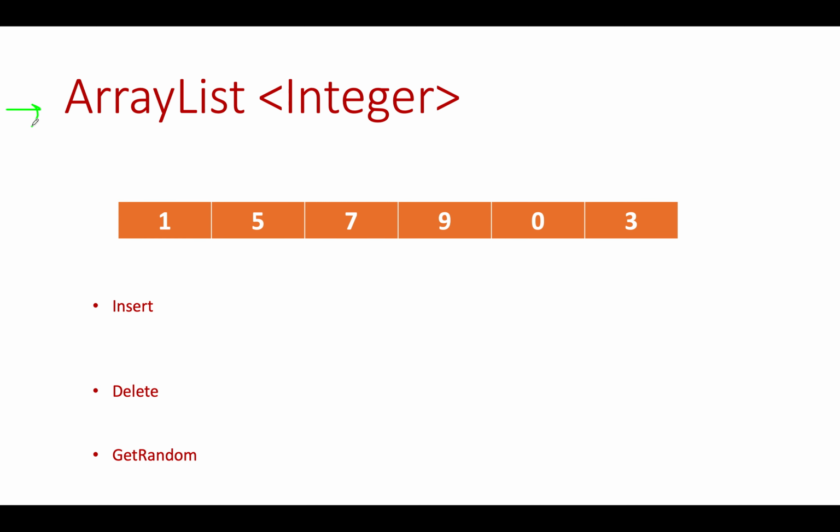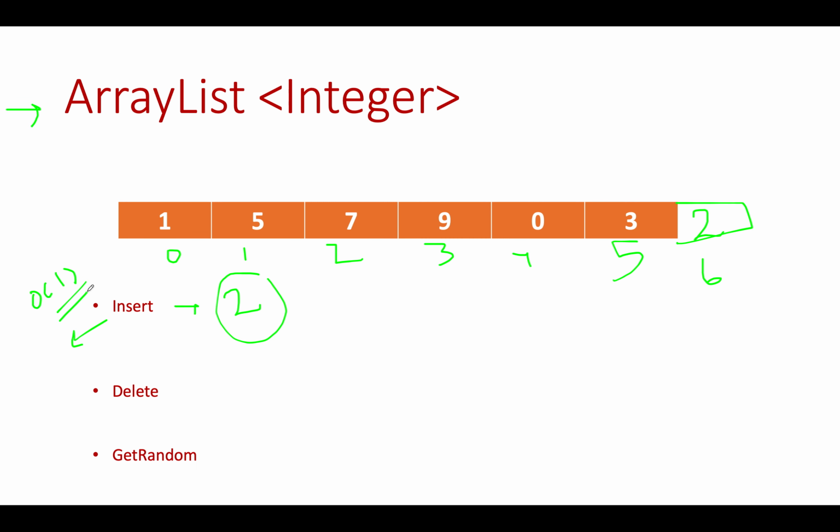Even before starting the detailed analysis of the algorithm, let's talk about array list in general. How are the operations performed in an array list? Suppose we want to insert a new element in the array list with an integer value 2. This is the existing state of the array list. What will array list do? It will append 2 at the end of the array list, at the last index 0, 1, 2, 3, 4, 5 and 6. So a new index got created and 2 got appended at that position. The time complexity for insertion is order of 1.